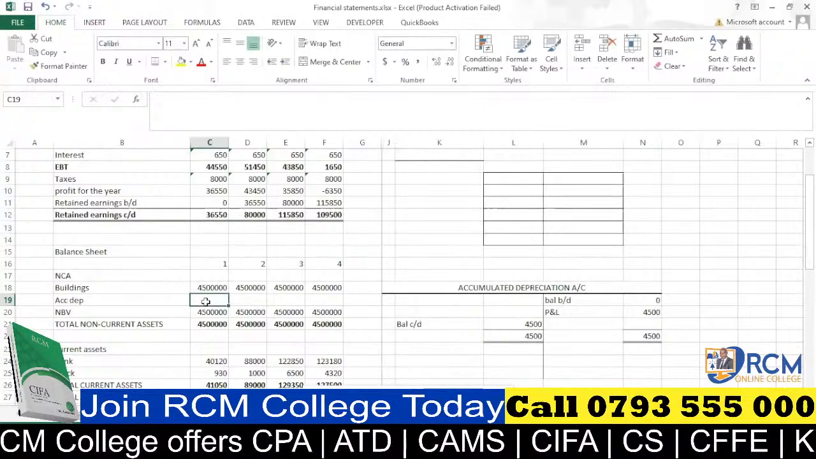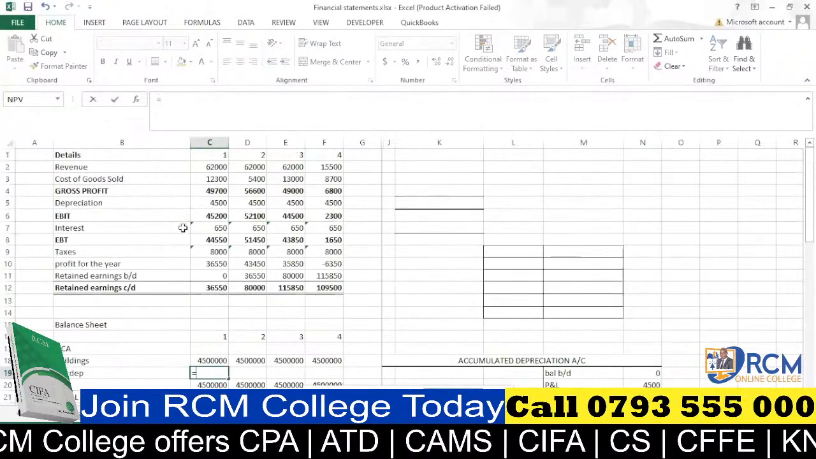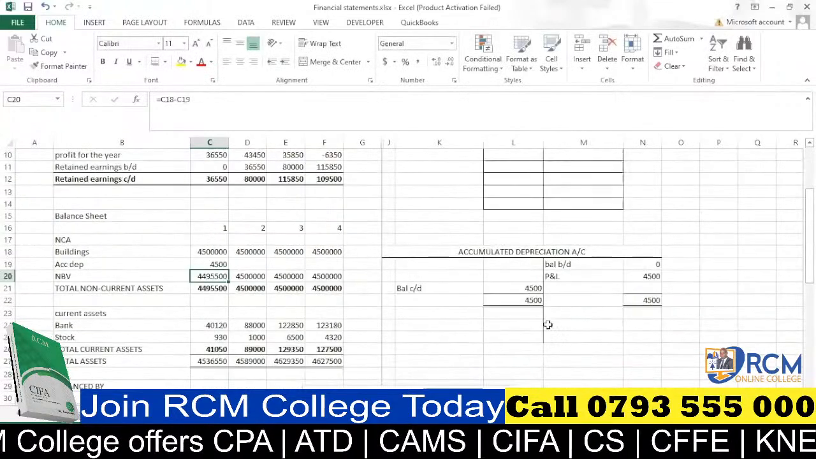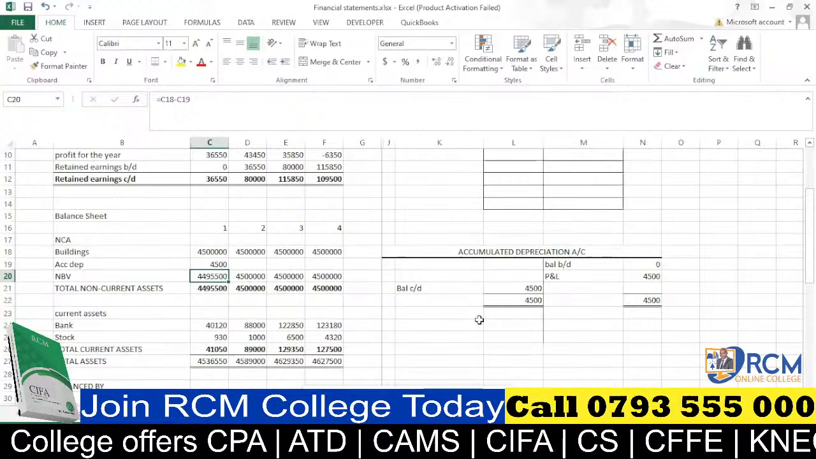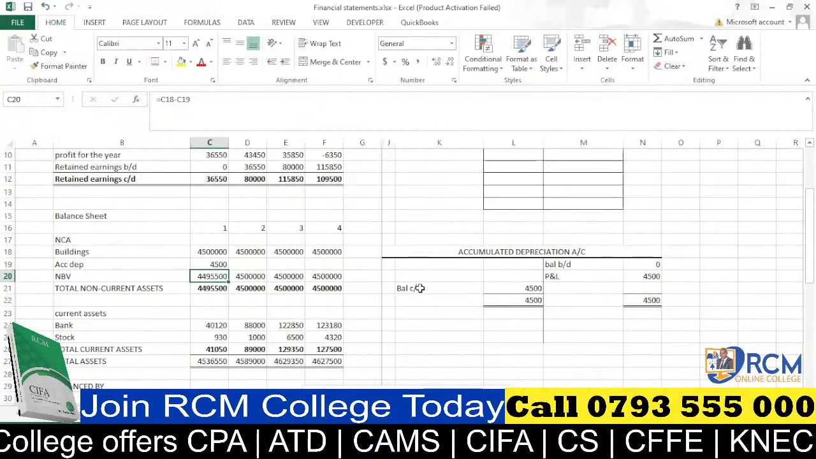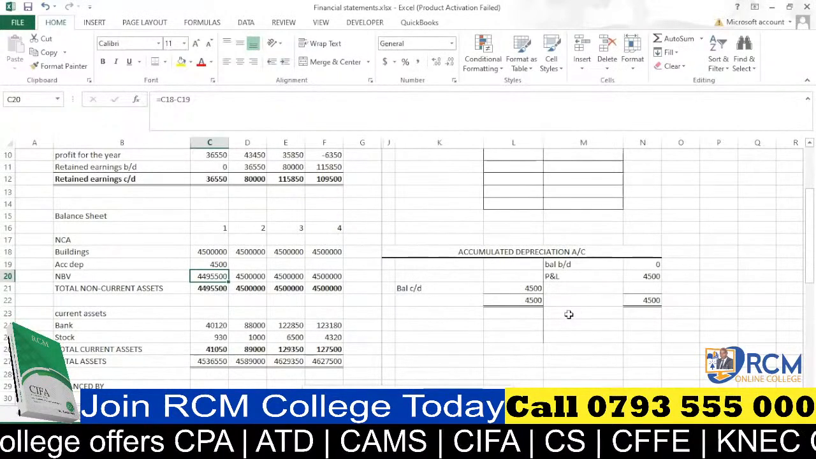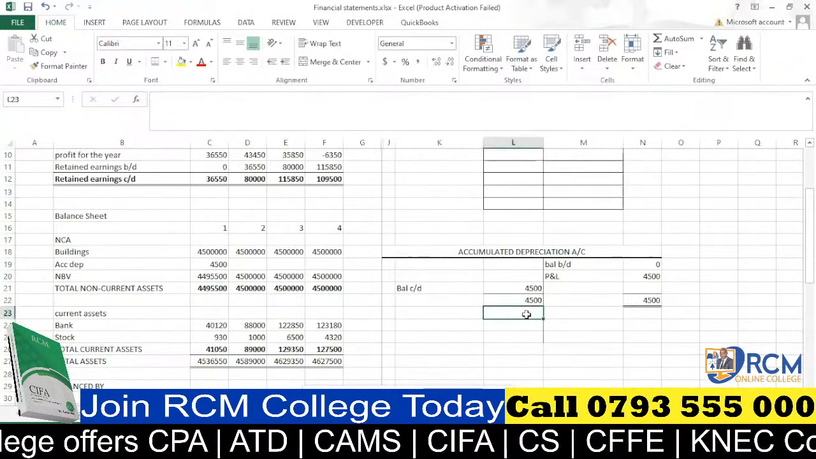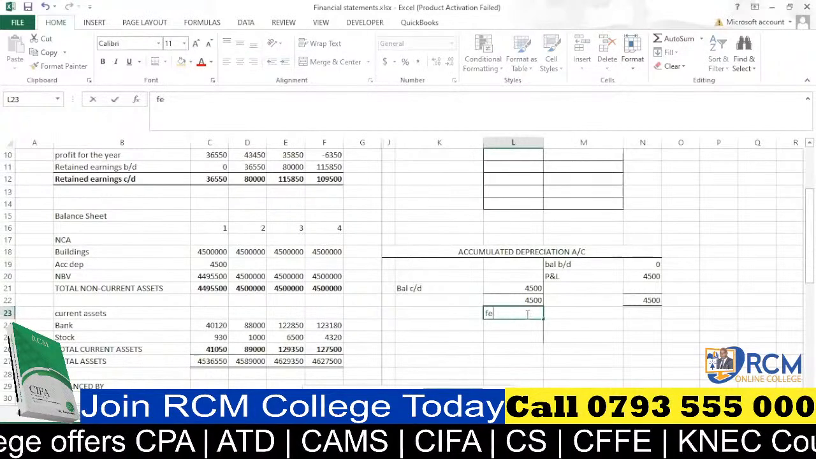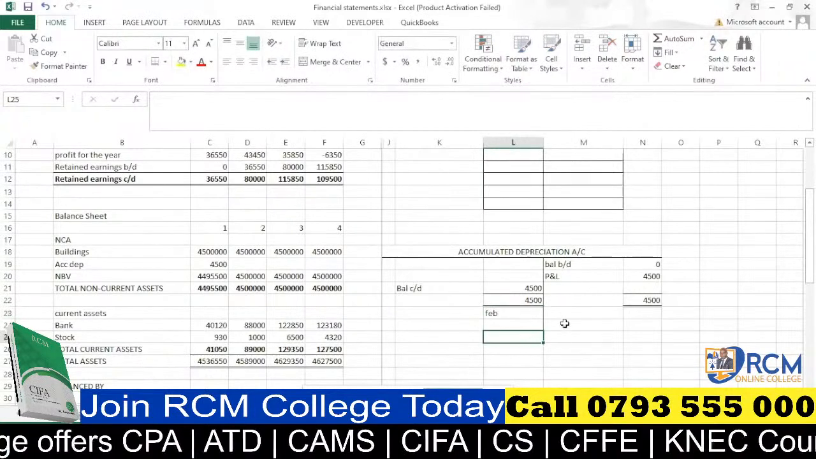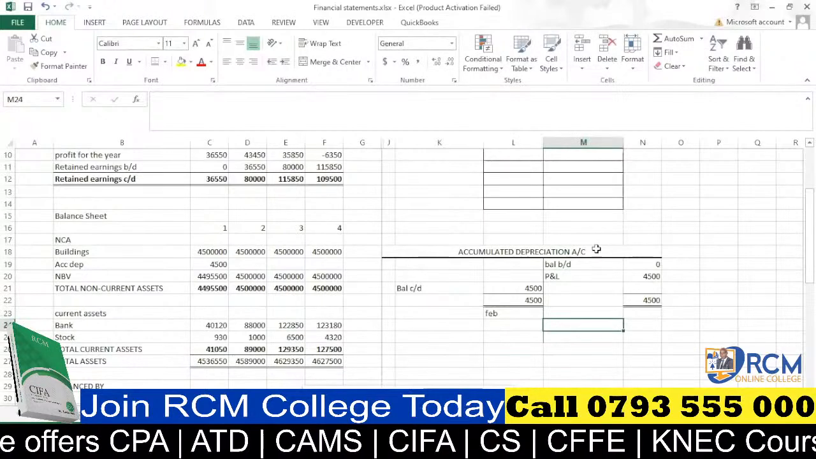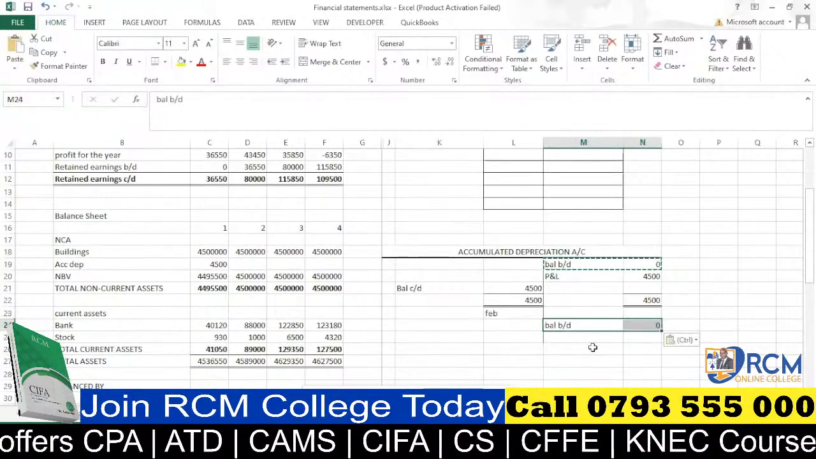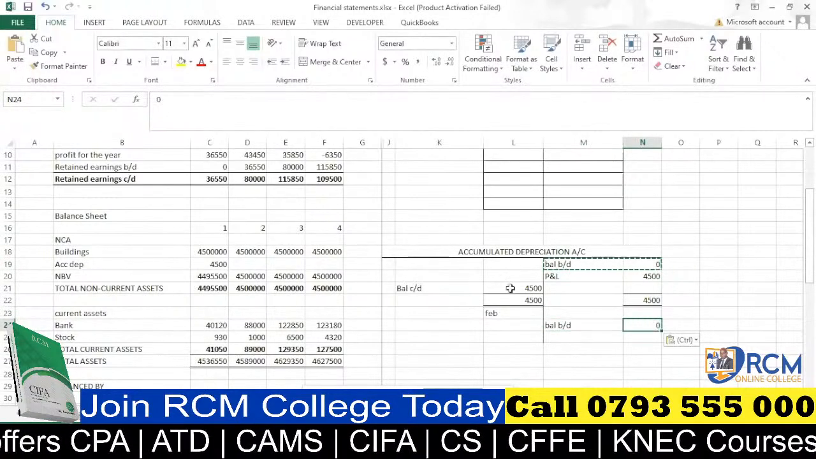That is why we are taking the equal sign, then we refer to depreciation expense in that specific month. That is the first month of operation. We are now moving to the second month of operation. This balance carried down will be the balance brought down in the second month. This one is in the first month. So let's now move to the second month, which is February. Our balance brought down will be this carried down,